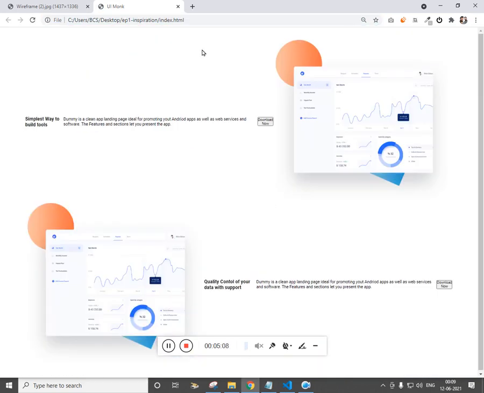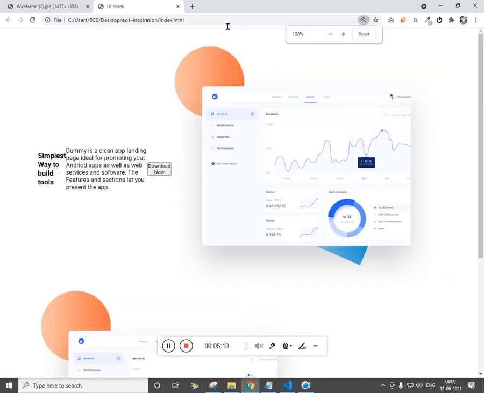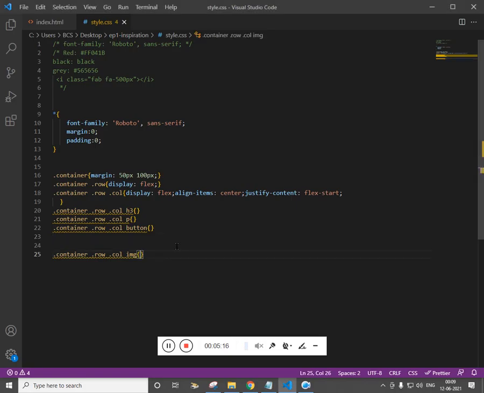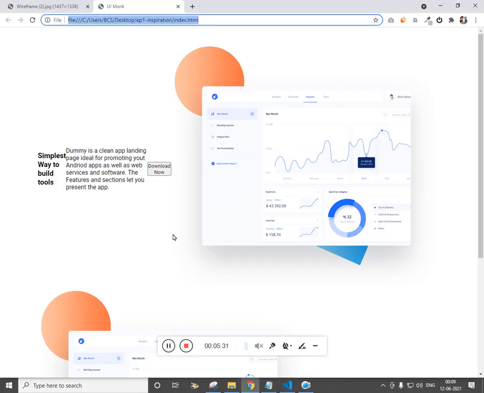Now let's design the CSS. For the HTML we will look at it later on, but first let's design the image. For the image, what we can do is height 100%, width 100%. It should obey the container.